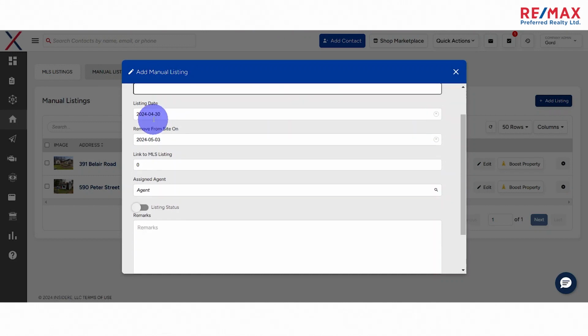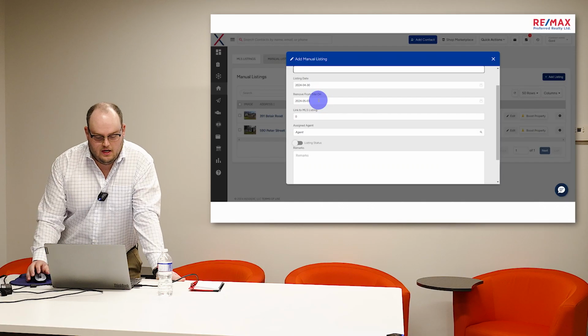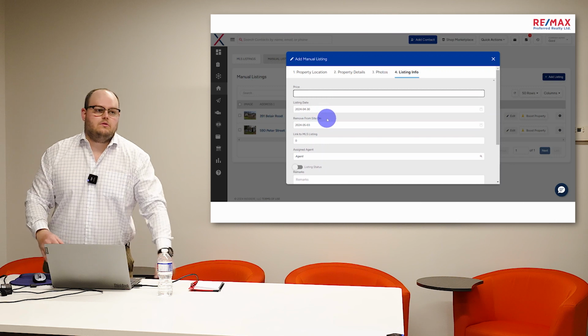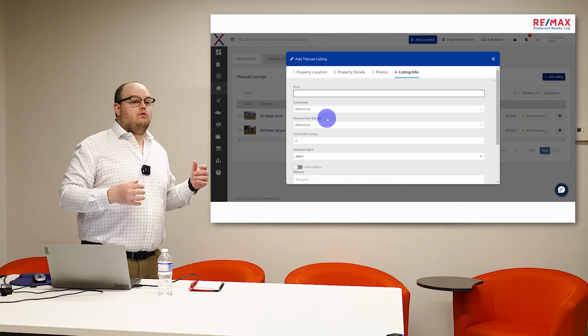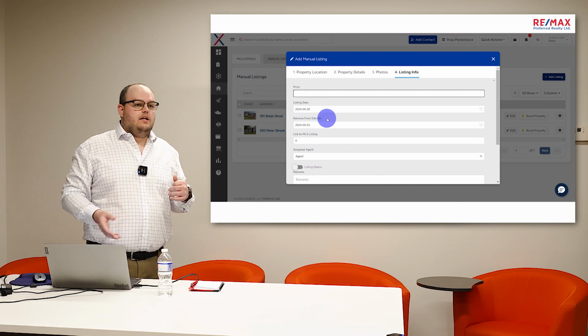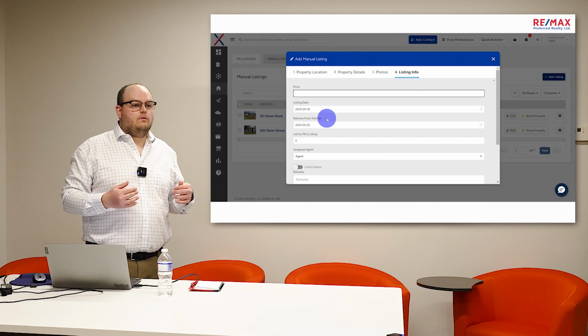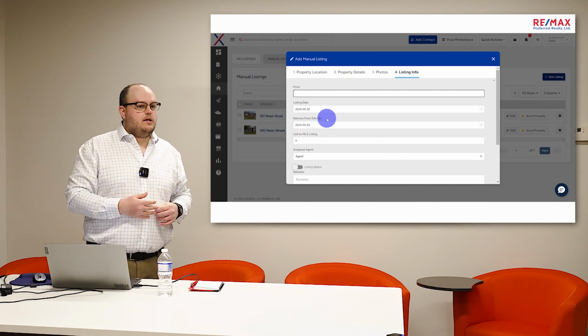Listing info, here's where you can put your price, and here's where you can even see they have it kind of built in, that 3-day rule, right? So it says it'll be up there, and it'll remove it from the site then, as a coming soon. So this is saying remove from site. So it'll go up to your own KvCORE site, and it'll show up as a coming soon on your KvCORE website, right? You can only do it 3 days before